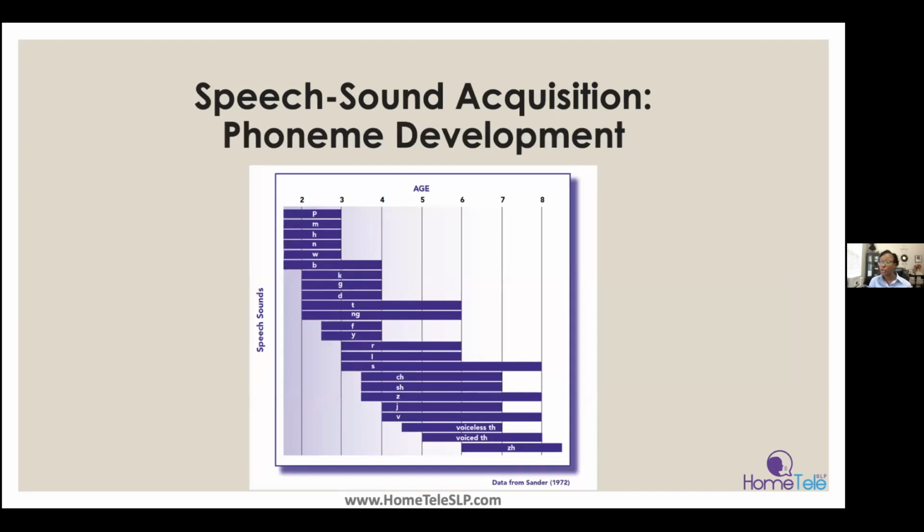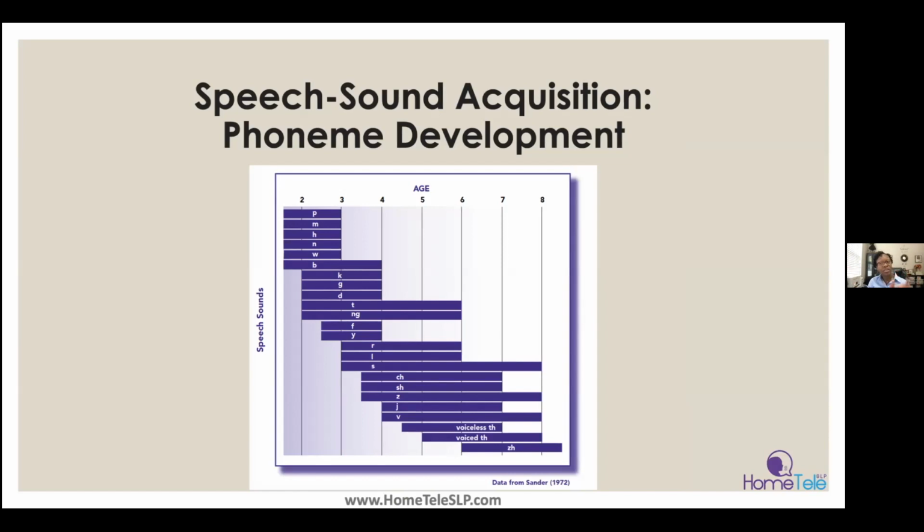So here we have a chart. This is by Sanders, and it's an older chart from 1972. And it shows the speech sound acquisition in terms of phoneme, or what we call speech sound development. So phoneme development is speech sound development. And I kind of alluded to this on the last slide, and you'll see that as the chart is progressing in terms of age range from left to right, starting around the age of 2 and leading up until around the age of 8,